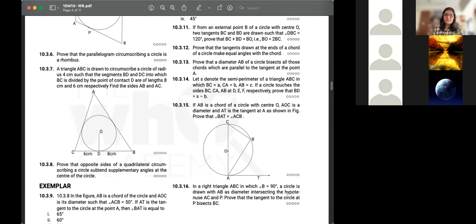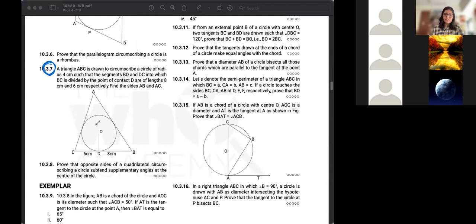Oh, 10.3.7. This is one classic type of problem that is usually asked in 3 mark or 4 mark questions. So this also has basically a set method. If you have done this before, practice it. Otherwise, we will discuss this.